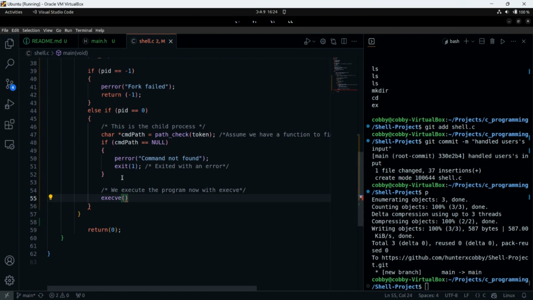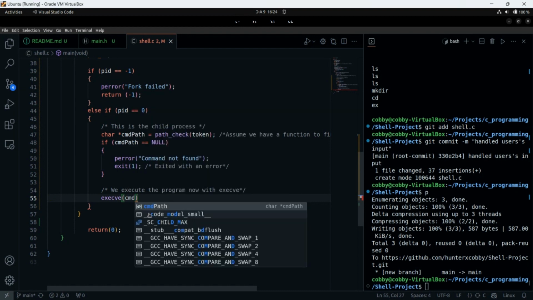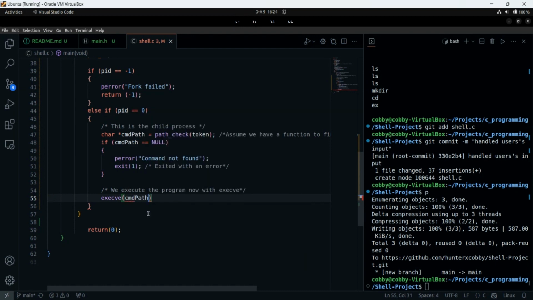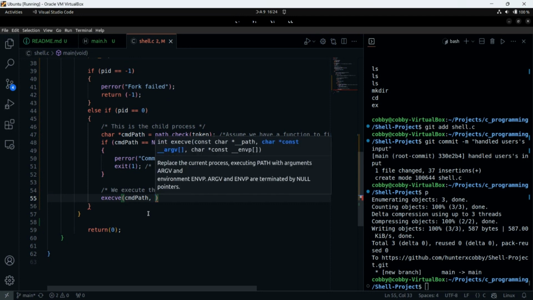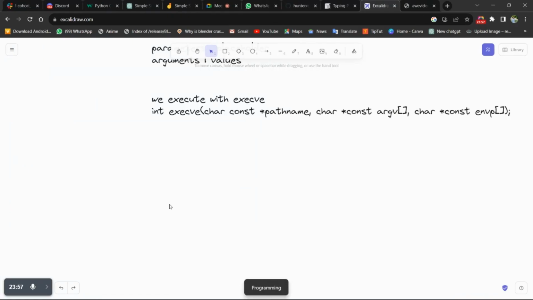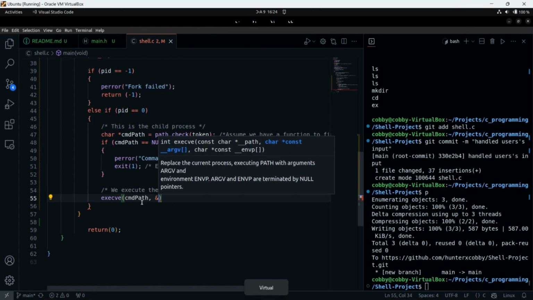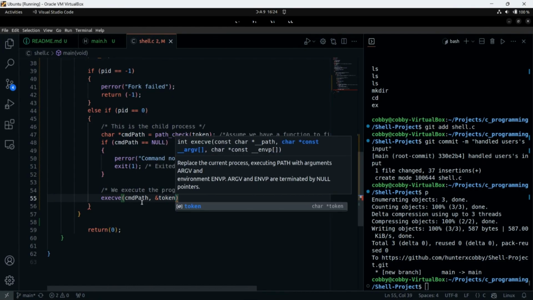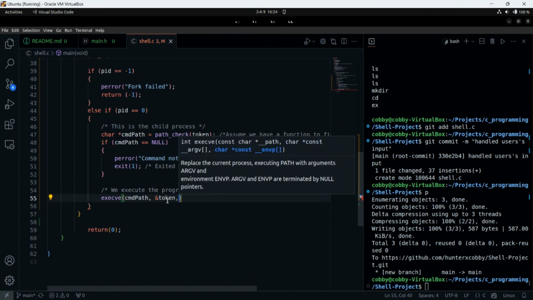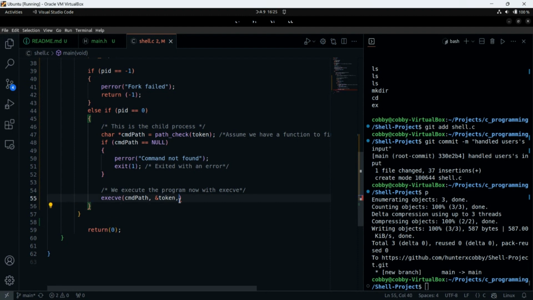First of all, we are going to find the pathname. So first of all, we pass the pathname to it, which is the command path. And then what next do we pass to it? The constant, which in this sense is our token. Oh, okay. I think this is also part of the reason that my code was having bugs. But let's implement it this way.